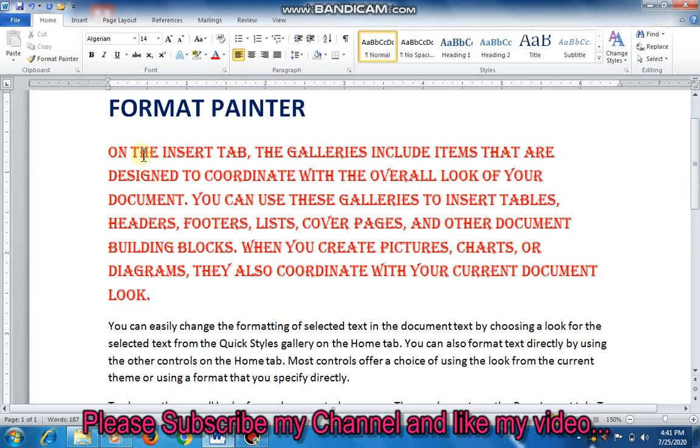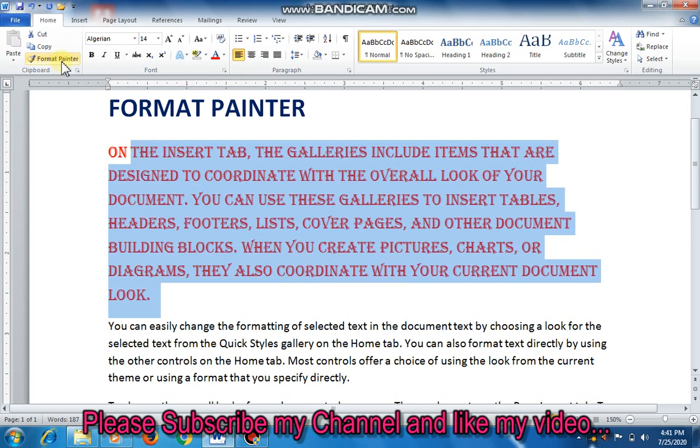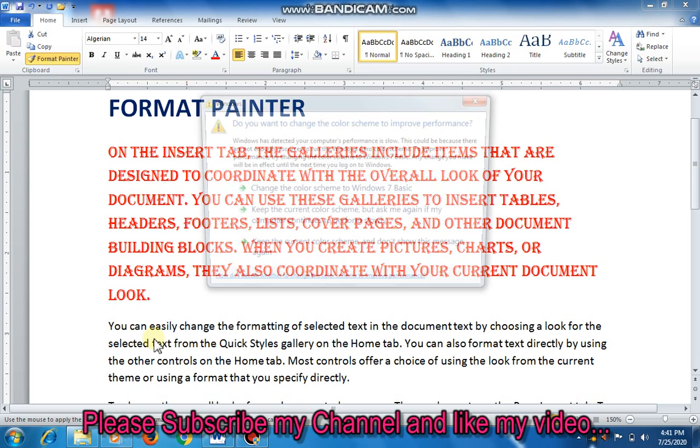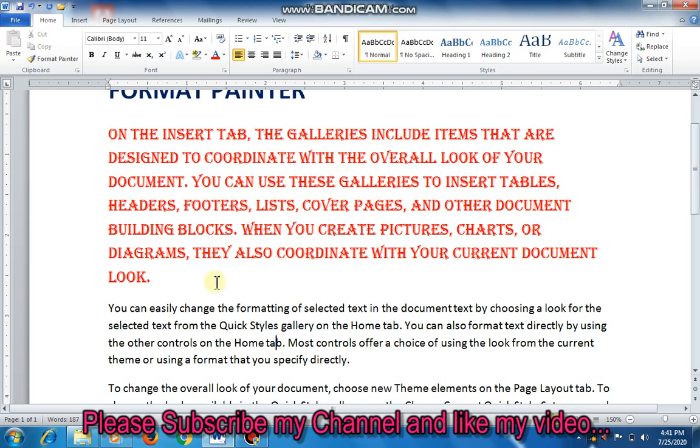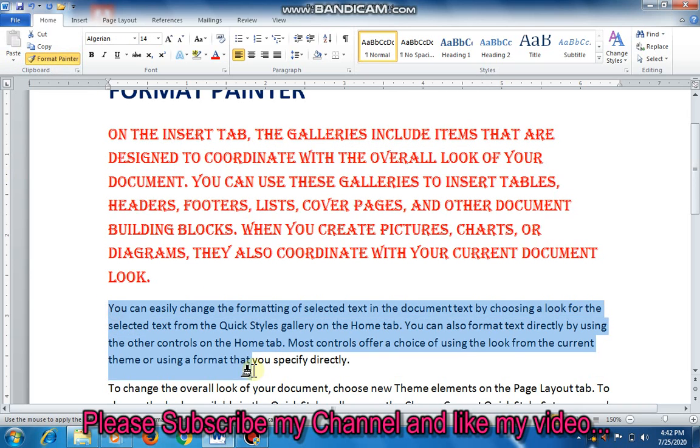For that I am clicking on the Format Painter option, and just look here. The button is changed into the brush shape. The brush shape button is there when I have clicked on this option. Now what I have to do is simply drag it over that portion of text where I want to apply this formatting. Just look here. The second paragraph has also become like the first. So this is how Format Painter works.